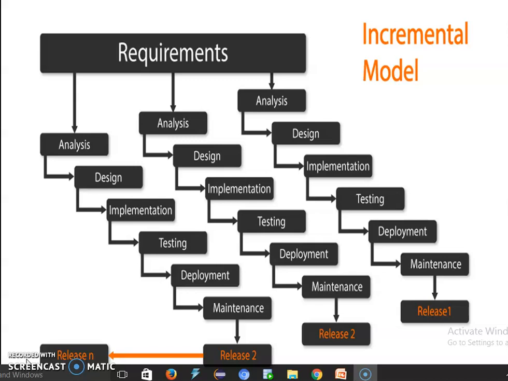This is the incremental model, which requires design, implementation, testing, and deployment phases. Also, the incremental model is a combination of elements of the waterfall model, applied in an iterative manner.